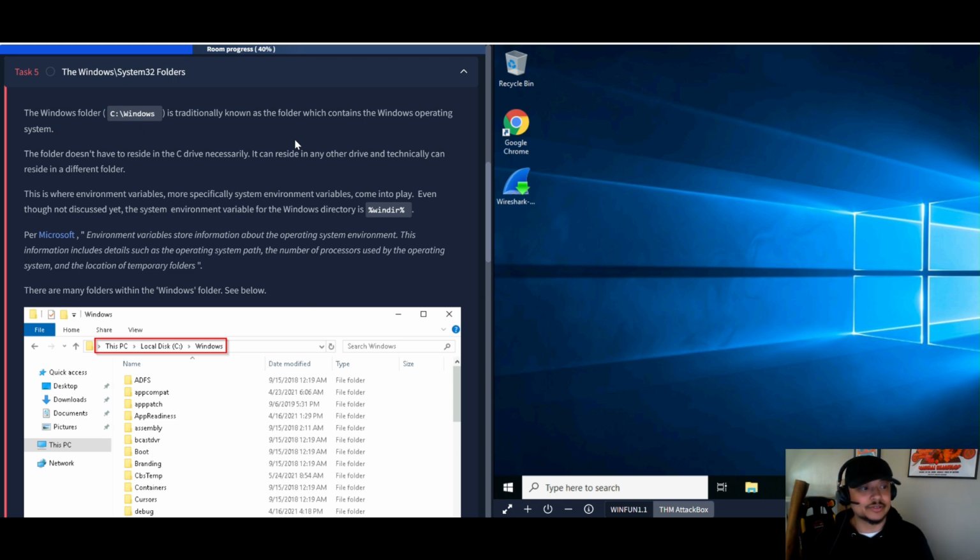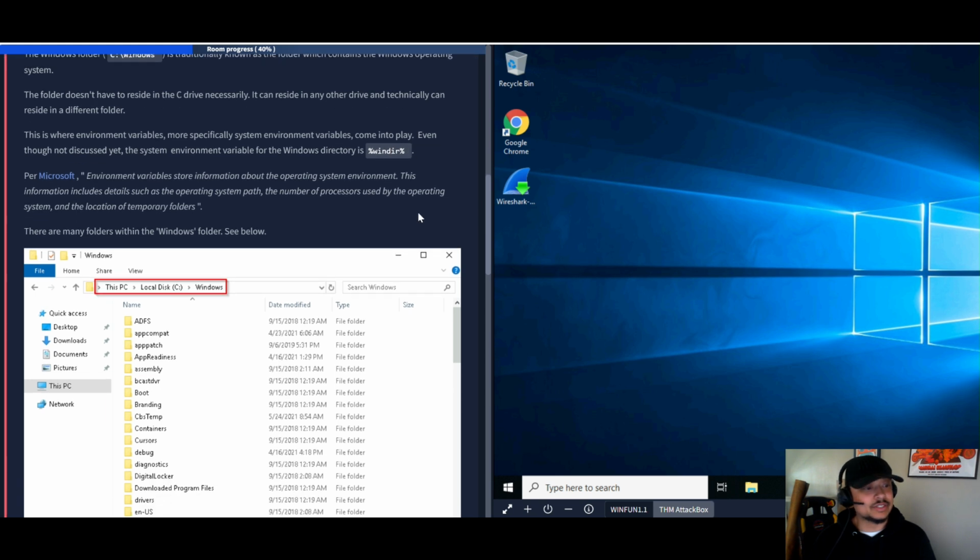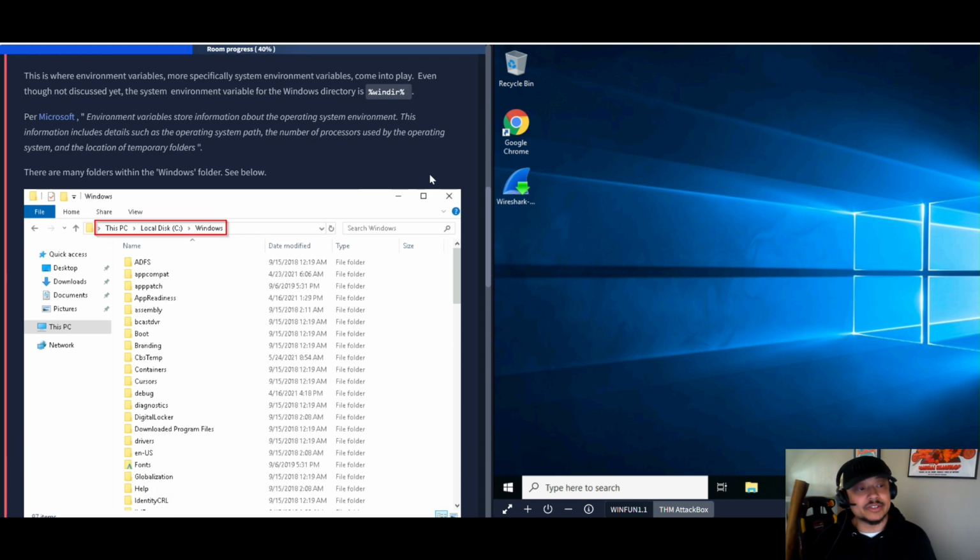So C/Windows. So this is where environmental variables, more specifically system environmental variables, come into play. And though not discussed yet, the system environmental variable for the Windows directory is %, which when I look at it, I know it's not the same as asterisk wildcard, but in my head, I just go to wildcard when I'm thinking Windows. So it's the %, windir %, all right? So per Microsoft,